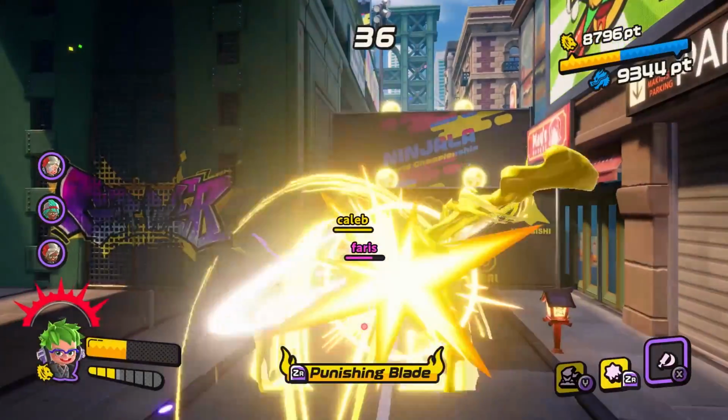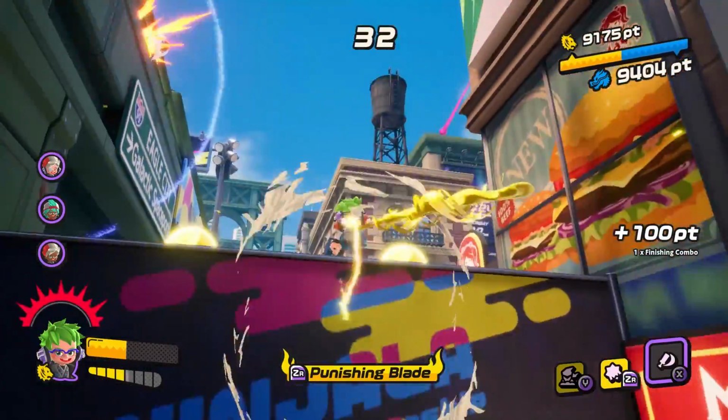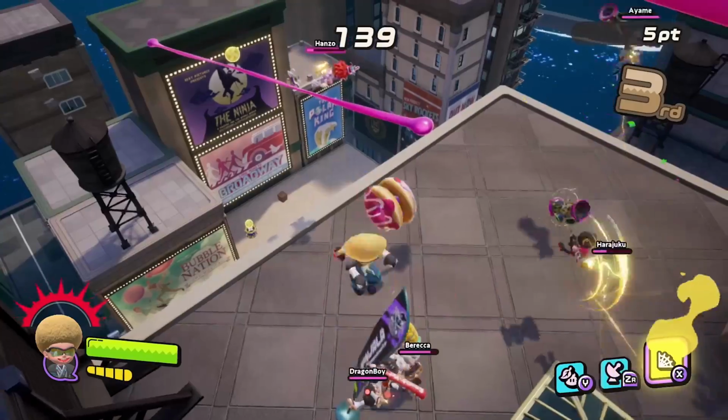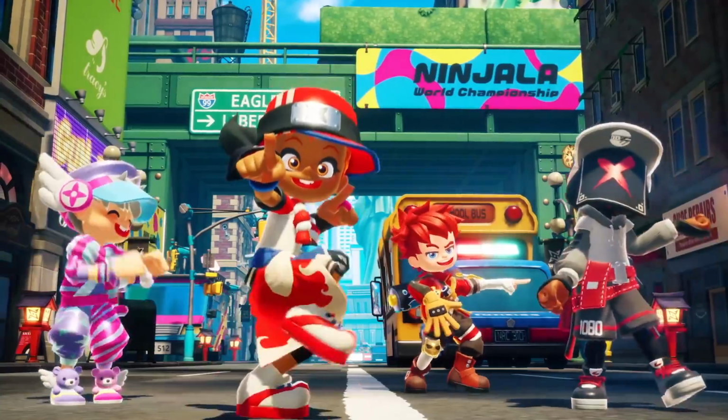Today we'll be taking a look at Ninjala, a game that just released a little while ago, and I want to do something different. So this is not going to be a full review, that's why I'm at my computer and with Perry the Platypus instead of your usual set. This is a game developed by Gunho Online Entertainment, and it's a free-to-play, hack-and-slash, battle royale, team battle game with an emphasis on customization and